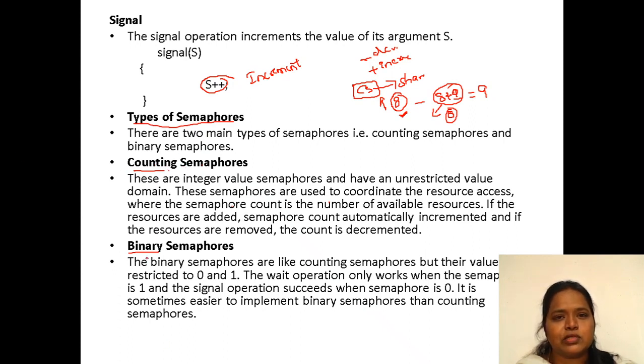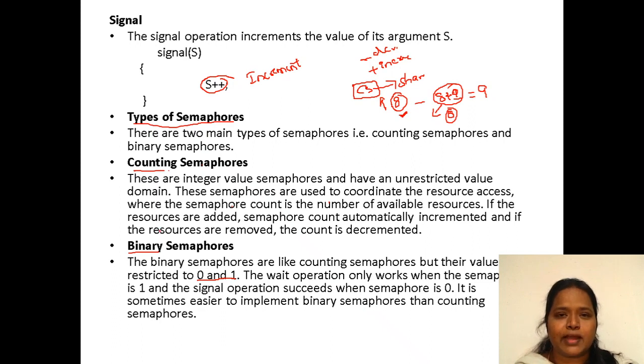And another semaphore we have is the binary semaphore. So what do you mean by binary? In the sense, it is going to hold only two values, that is 0 and 1. Here the binary semaphores are like counting semaphores, but their value is restricted to 0 and 1 only. In the counting semaphores, we don't have any restriction on the domain. However many resources we have, the count is fixed to those many resources. If any resource is added, the count is incremented by 1. If any resource is deleted, the count is decremented by 1. So that is the counting semaphore.